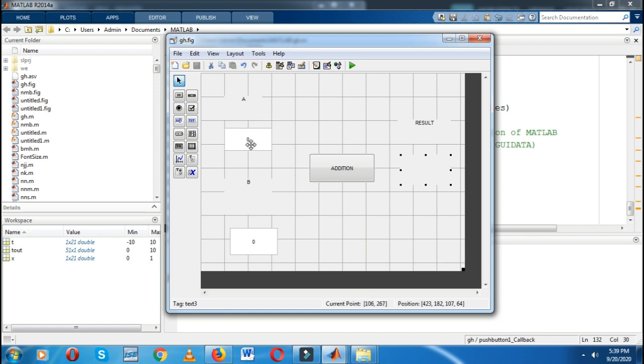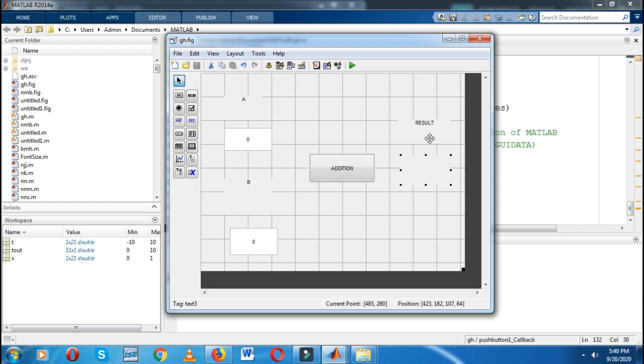Then I have taken a push button to take action, meaning whenever I press that button, it will display the result. Then I have taken two static texts, one to display the result and one to write the word result. Then simply save this file.